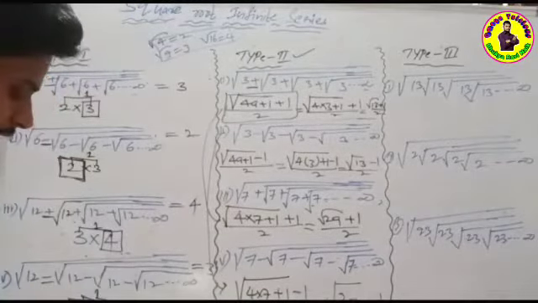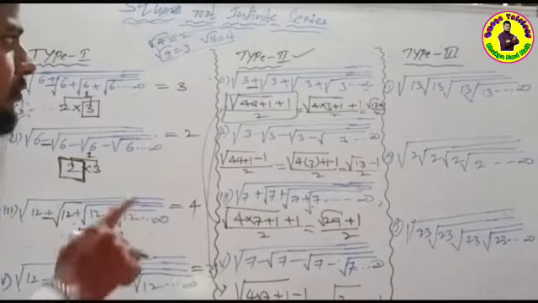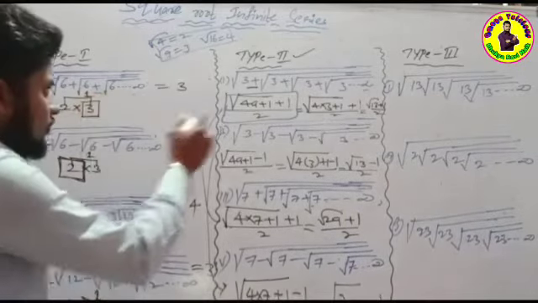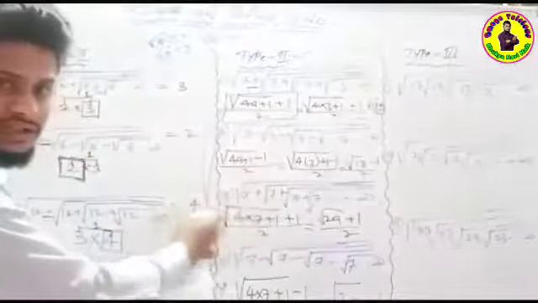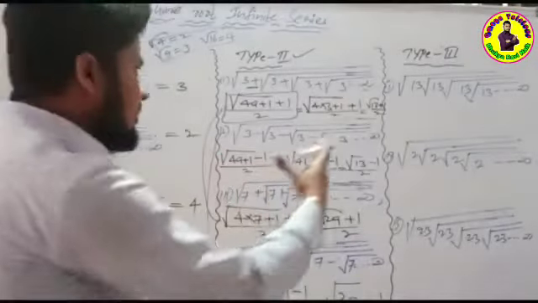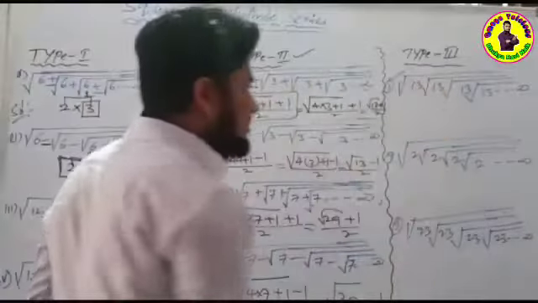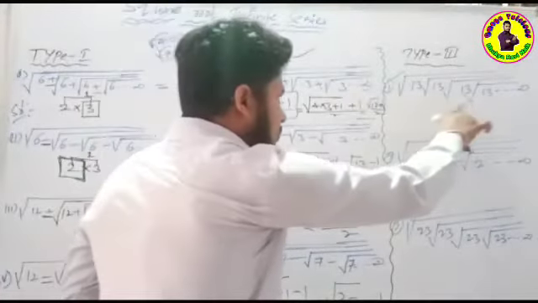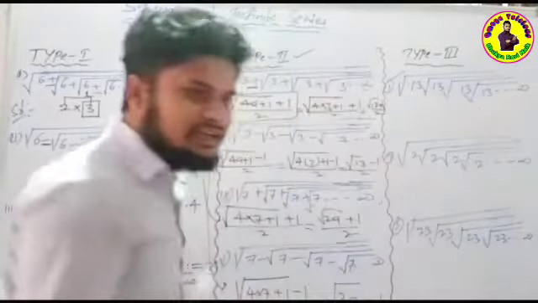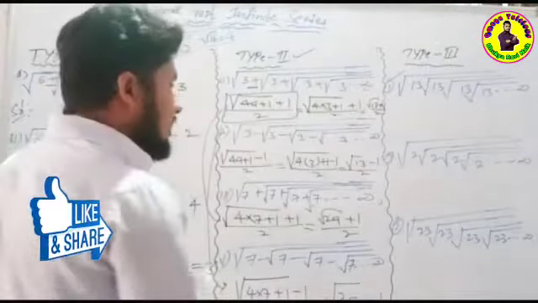Okay. Right. Next one here, type 3. In type 2, positive and negative signs are given; those were type 1 and type 2. But in type 3, it is given directly: root 13 up to so on infinity series. So how to find out? Like this a question is given.